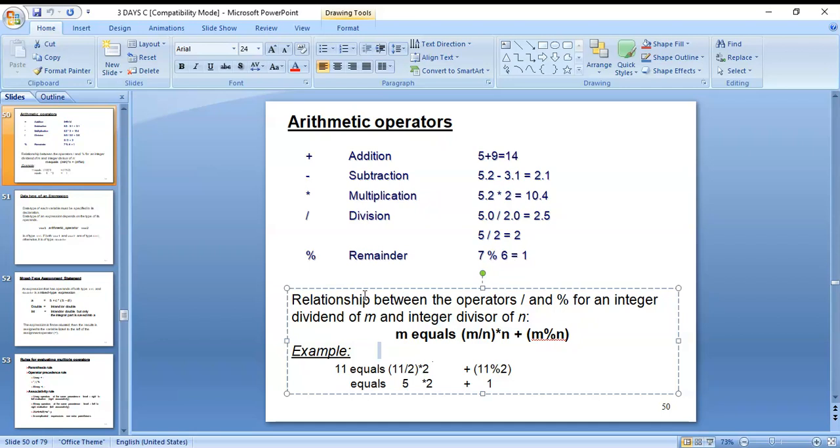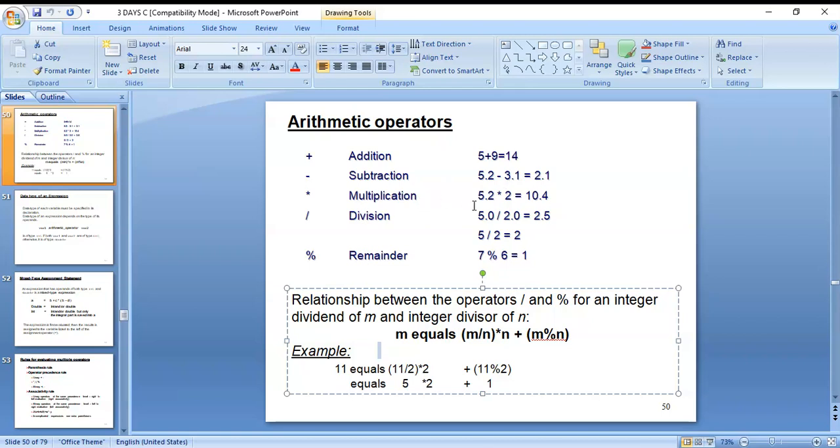Next, the relationship between the operators. Addition adds two numbers: 5 plus 9 is 14. Subtraction takes the smaller number from the bigger number: 5.2 minus 3.1 is 2.1.